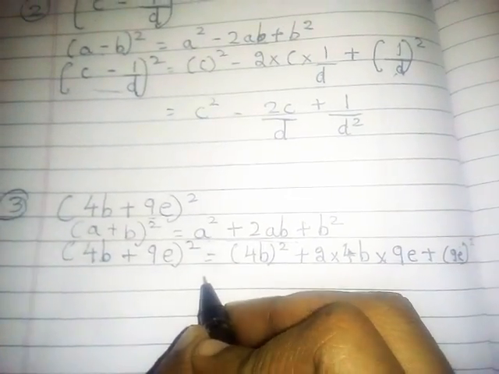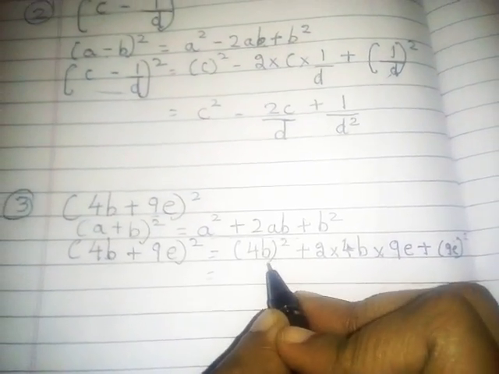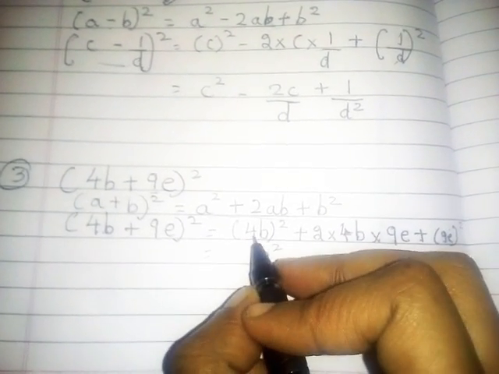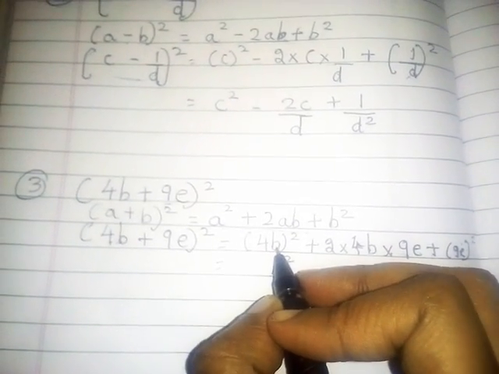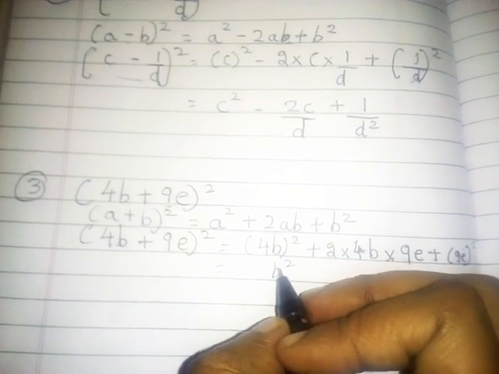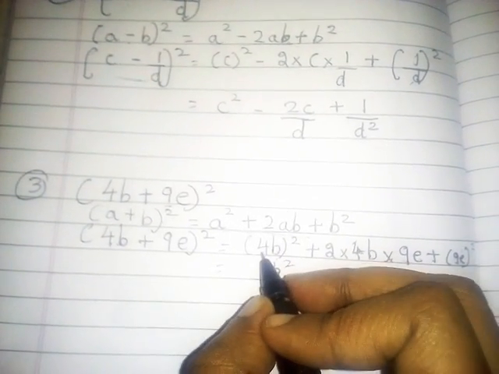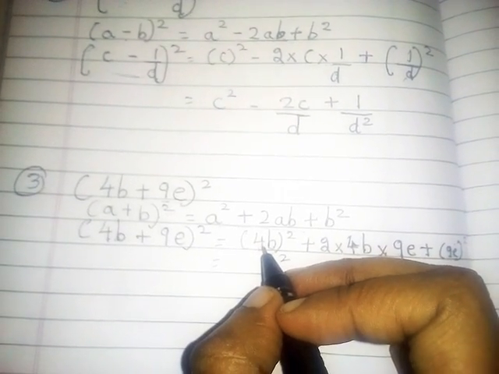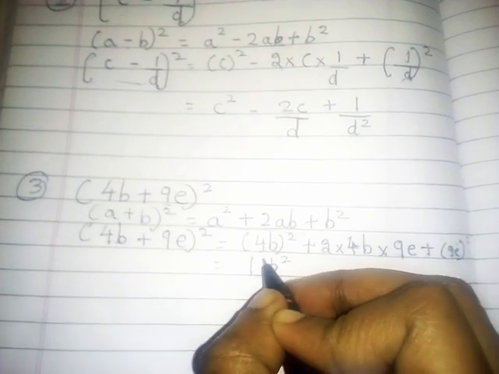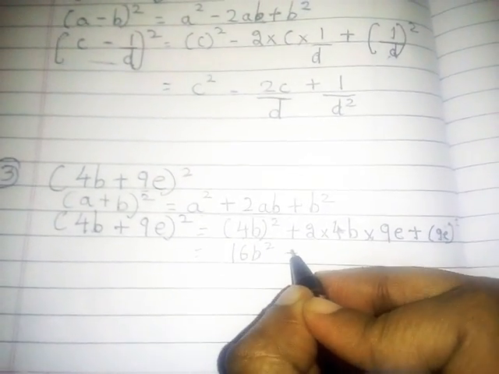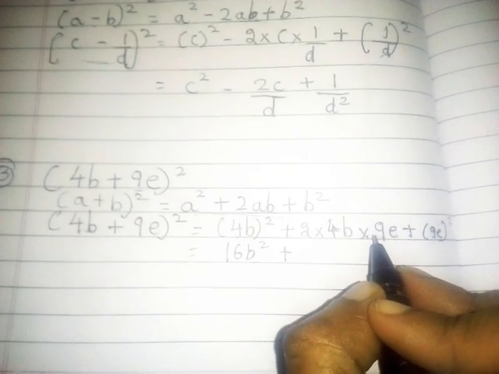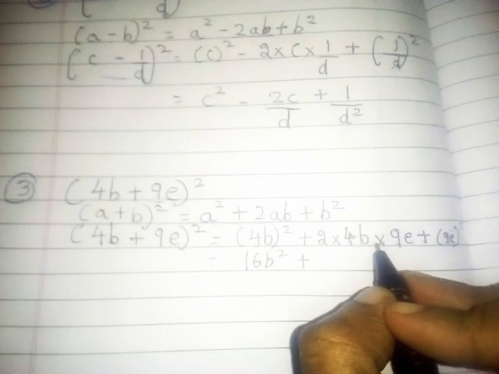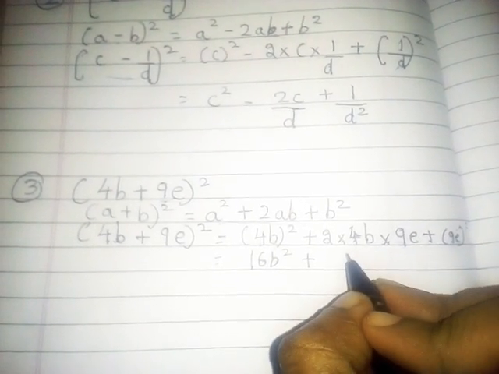Now you have to solve. The square of the variable remains the same. Now you have to multiply the numbers. If both a number and the square of a variable are there, first write the square of the variable as it is, and then multiply the square of the number. 4² is 4 into 4. 4 fours are 16. Plus, now multiply the numbers first and then the variable. 2 fours are 8. 8 nines are how much? 72.